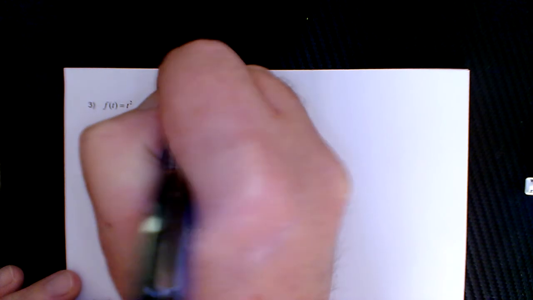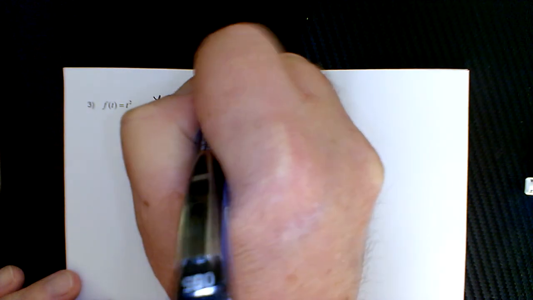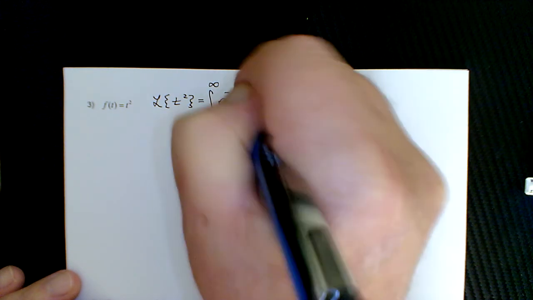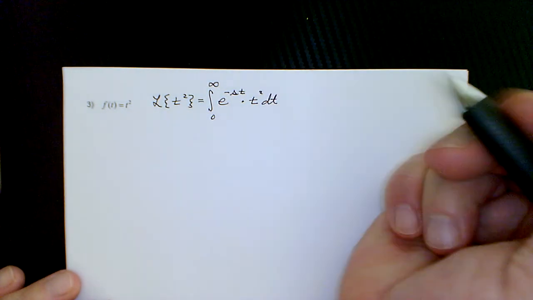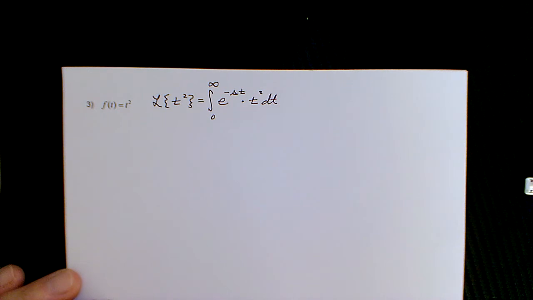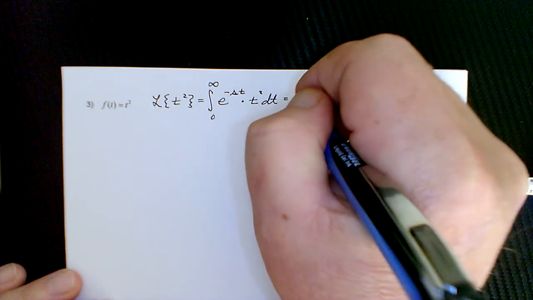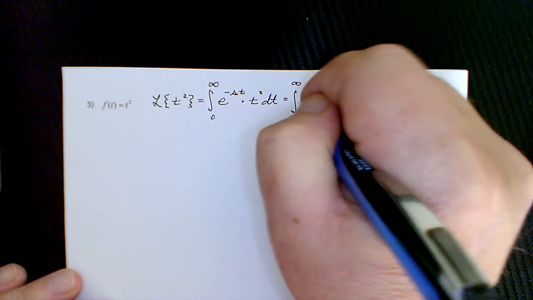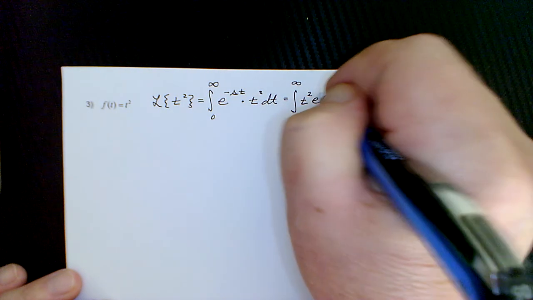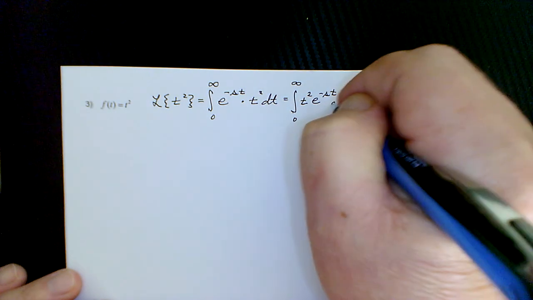So Laplace of t squared, by definition, is the definite integral 0 to infinity, e to the negative st times the function t squared with respect to t. And so that gives us the integral 0 to infinity of, I'm just going to write it, t squared e to the negative st with respect